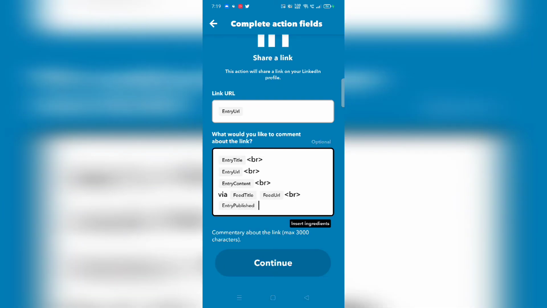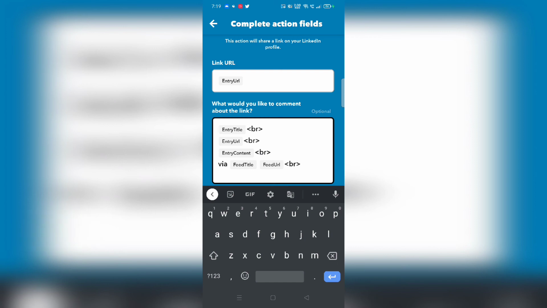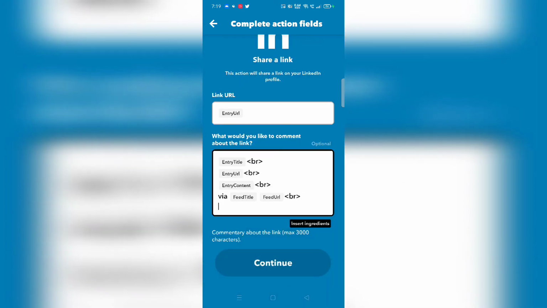Anyway, so basically entry publish is going to give you that particular date and time, so I don't think that is something which is required. I'm going to remove that, but you can go ahead and set it up manually. You just test it out first, add a particular Pinterest pin, and then go ahead and check how is it looking. Based on those particular alterations, you can make these changes.